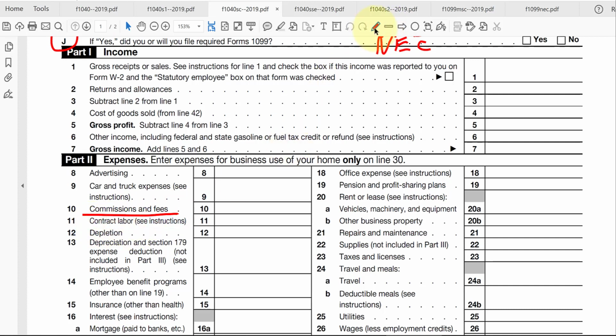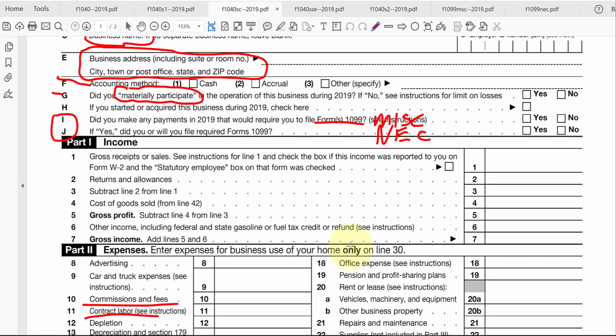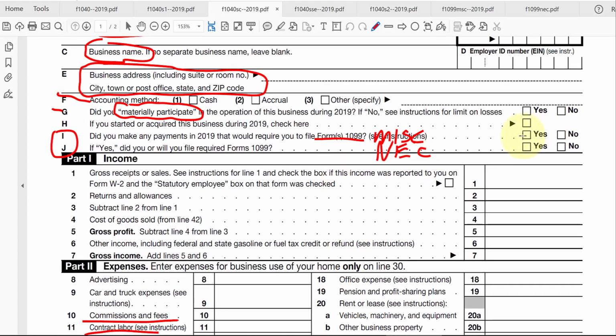Okay, contract labor, and not what we pay to our employees as wages or salaries. So if you are paying that type of payments, you should be saying yes and then filing those 1099 forms. Here in part one, we're going to be calculating out our company's gross income, starting off with the total